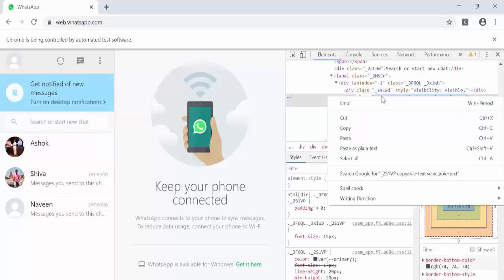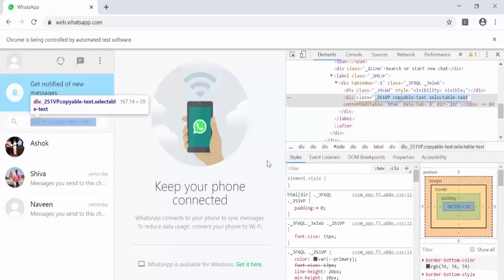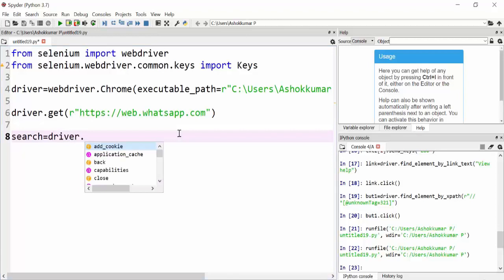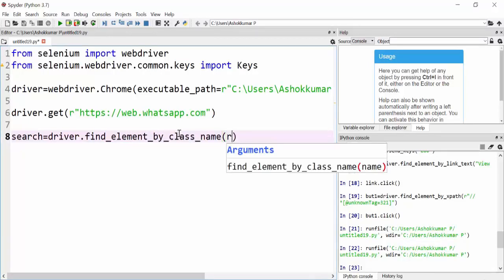Let's copy this particular class name. So here, search is equal to driver dot find_element_by_class_name.